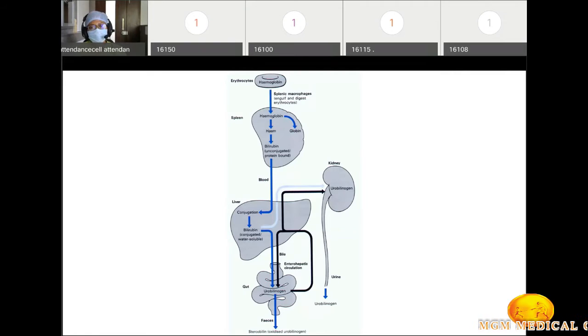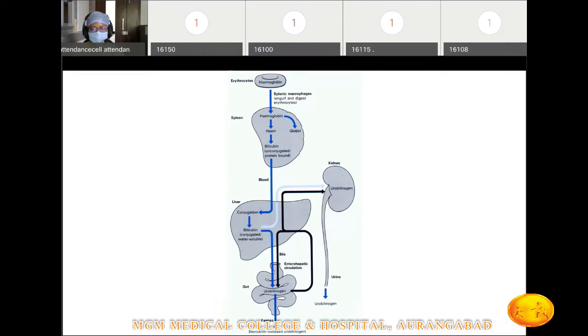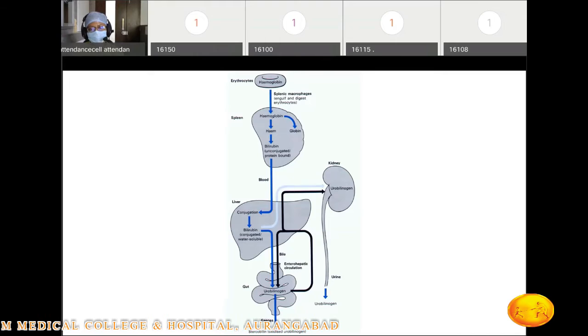So the globin is the protein part, and the heme is then acted upon by heme oxygenase, and you get biliverdin initially, and then biliverdin gives rise to your bilirubin. This bilirubin is unconjugated and it may be protein bound. So the unconjugated bilirubin, which is produced in the spleen, would be transported by the blood to the liver. Here the liver cells will be taking it up.